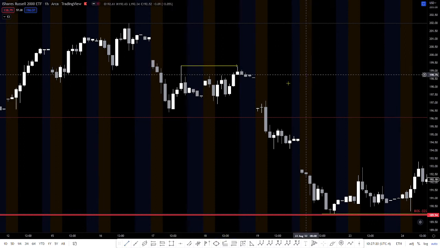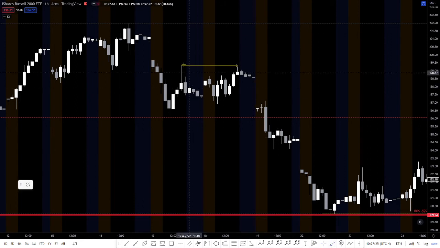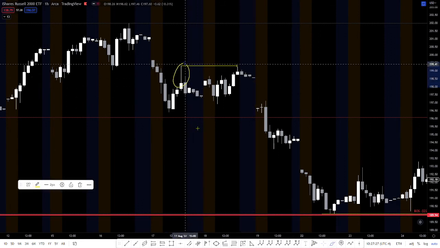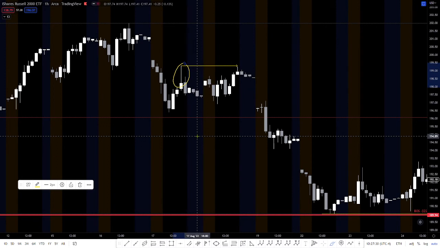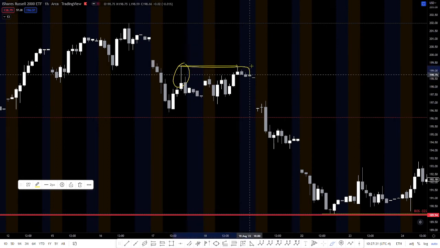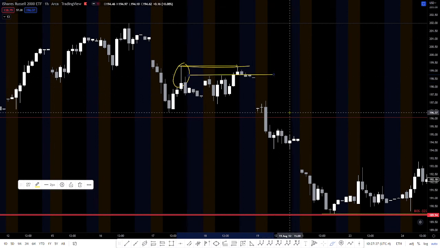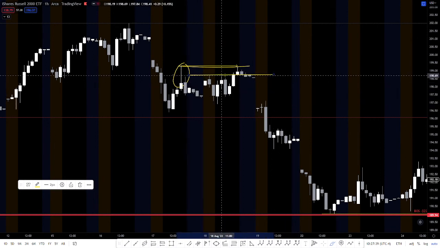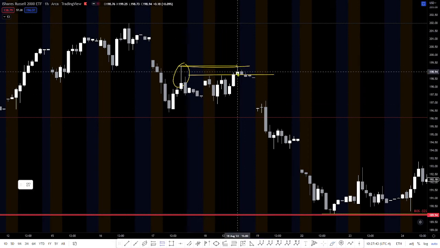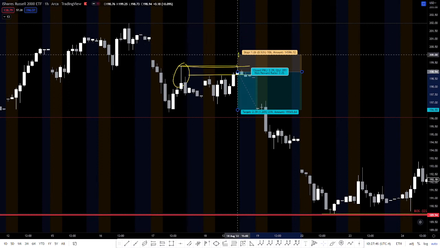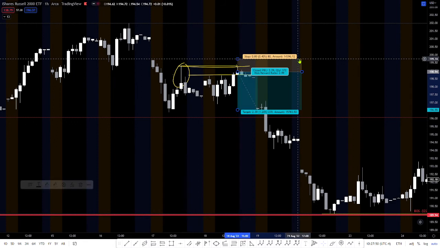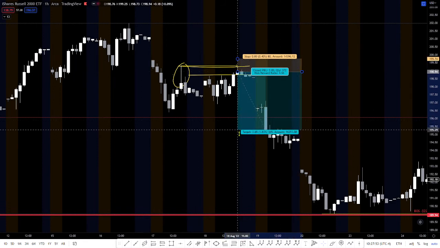I'm watching this level, because anytime you get something like this wick, that's showing me a lot of sellers are at this level, right? When you get a lot of sellers here, they're probably not filling all their orders here. So we can expect price to come back to this level and then we can go back to shorting another short position. Then you set up a dynamic stop loss. You know, like, all right, I'm going to stop out of this trade because I don't feel like playing it through a gap, and I'm going to take this down to another